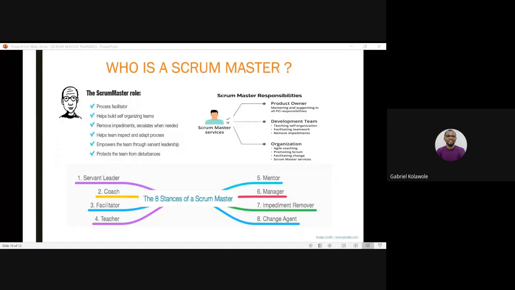Daily stand-up, as we've all seen, is majorly for developers. They are the ones that own that particular event. And it is not advisable for stakeholders to join. However, if stakeholders have anything to communicate, we can work together outside of the daily stand-up. If you don't attend the daily stand-up, does that mean we won't get your feedback? We'll definitely get your feedback. One of the reasons why we don't want stakeholders to come and disturb us is to help the team focus.